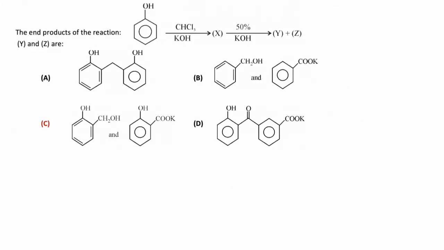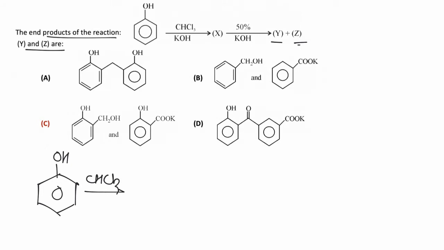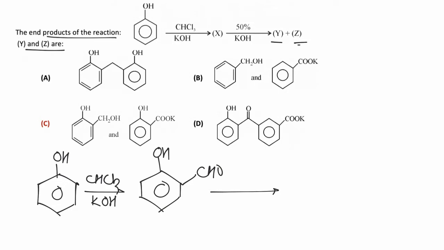In this question, we have to identify end product of the reaction Y and Z. Now first of all, phenol is treated with chloroform and KOH. In presence of chloroform and KOH, now the product will be salicylaldehyde. Now the reaction is Reimer-Tiemann reaction. Now this molecule is not having any alpha hydrogen, so on treating with 50% KOH,